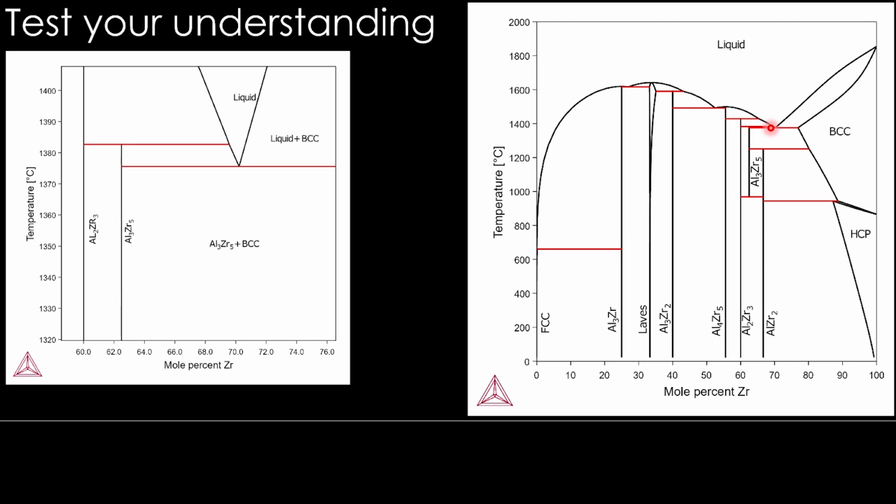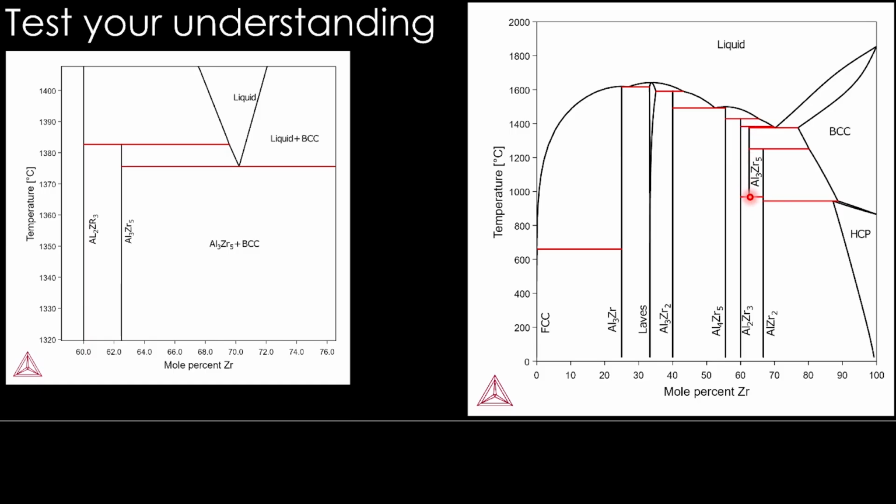There are two red lines which are very close. That's what they mean. Then there is another line here which is only between solids. There is a BCC solid on this side. There is this vertical line, which is Al3Zr5, on this side. The two combine to form this new solid, AlZr2. So two solids combine to form a new solid. What is that kind of reaction? It's a peritectoid reaction. So that is happening here. And there is a red line here.